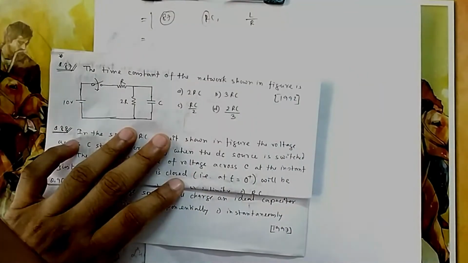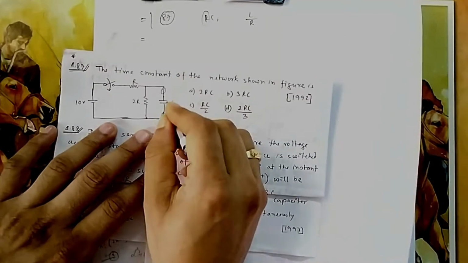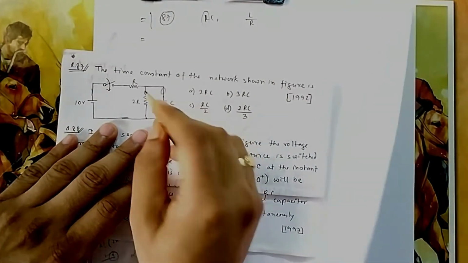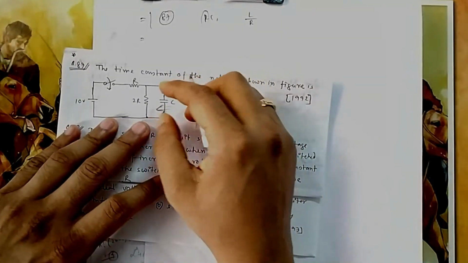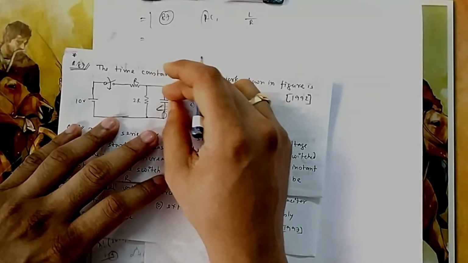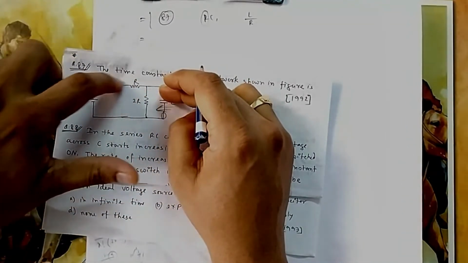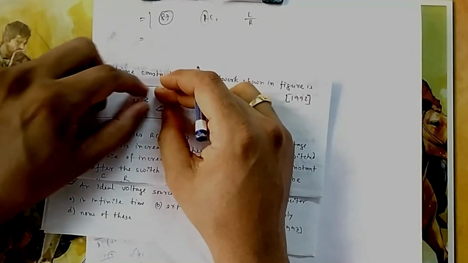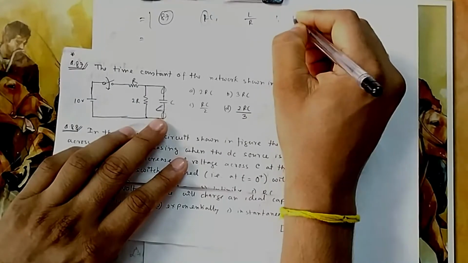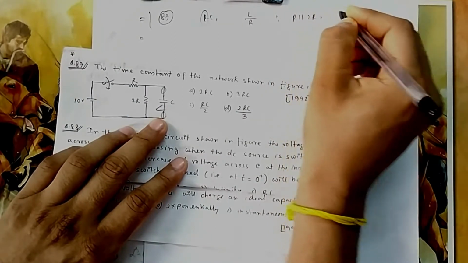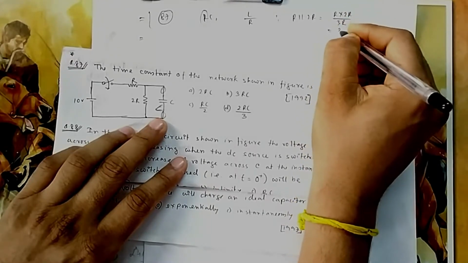For that you just remove the capacitor and look through it, and see how much resistance you see, like your Thevenin's resistance. So you remove this one and see how much resistance you see, killing all the sources. The voltage source will be killed by a short circuit. So you will see 2R and R connected in parallel. From this C, if I look, I will get two things in parallel, that is R in parallel with 2R, which will be R into 2R divided by 3R, which will be equal to 2 by 3 R.